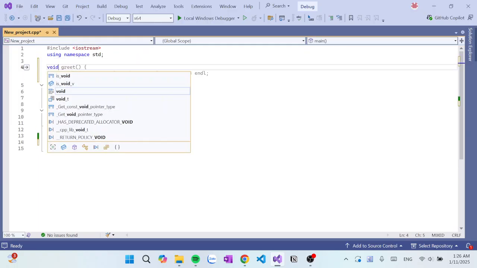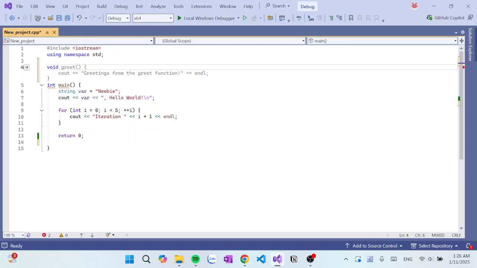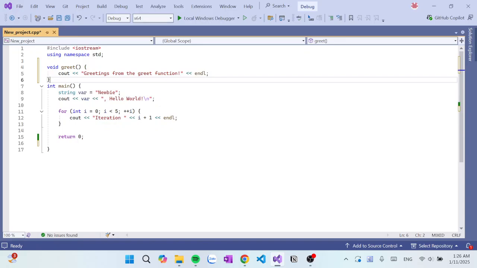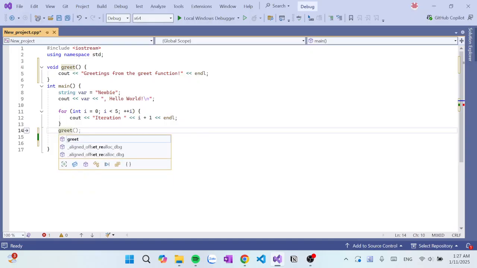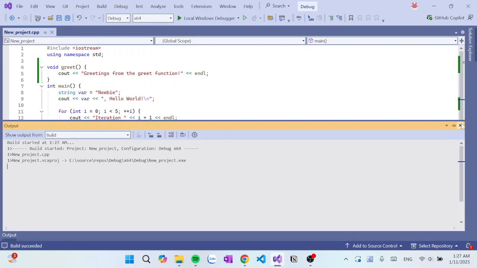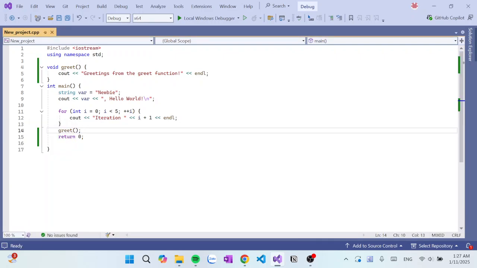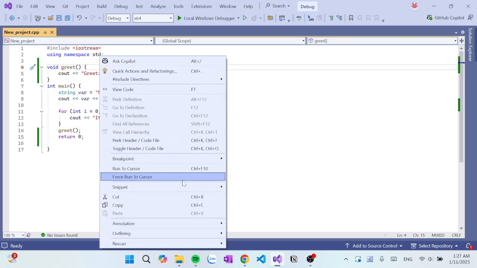I create this function called greet, cout greetings from the greet function. And then here in the main function, we'll call it. Let's build this project. So now in this greet function, I may add a breakpoint.